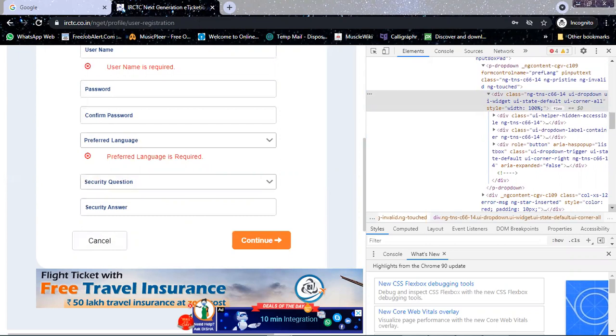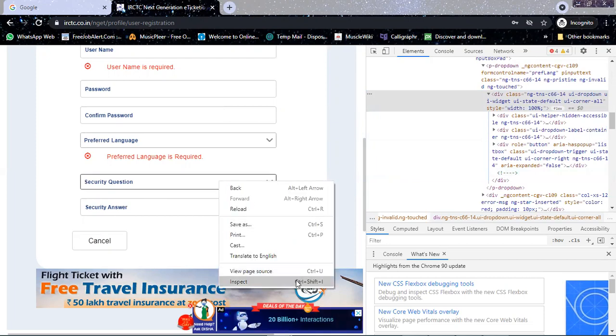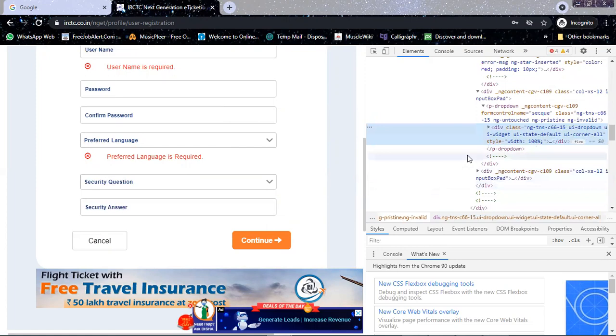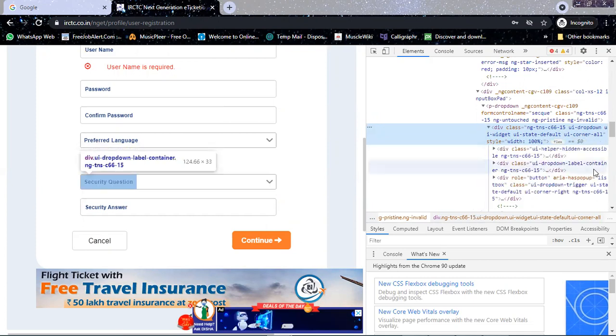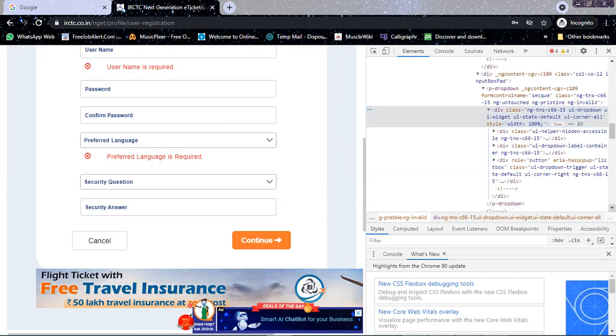Let us go and check something there. Class UI drop down label. No, not that one. We'll have it similar to div, whatever we are having as div, you need to have some class. Select is what we are looking at. In any application, you can have drop downs, but the tag itself will be like select.